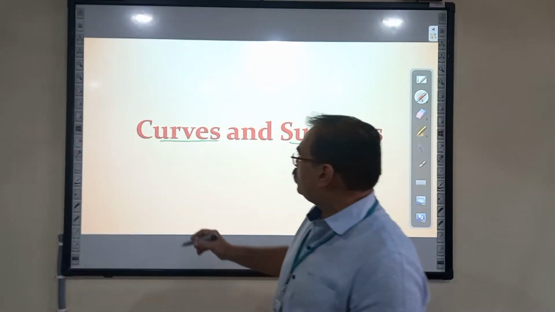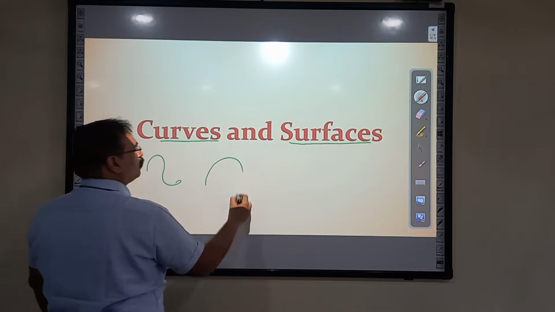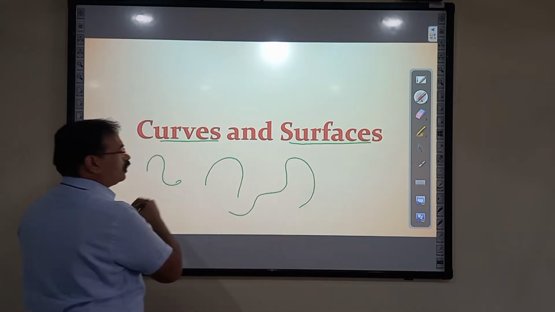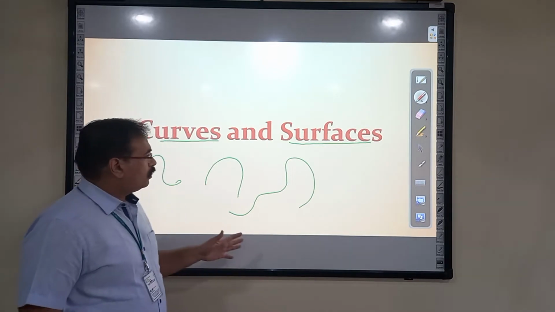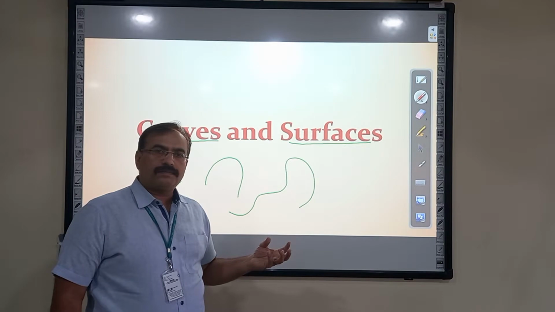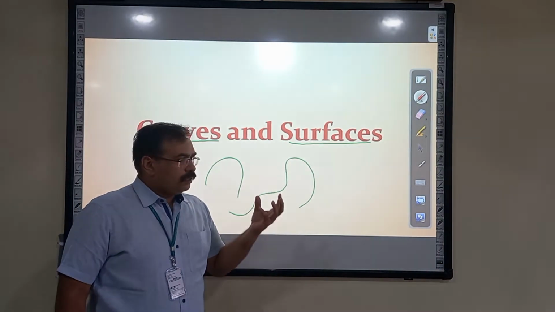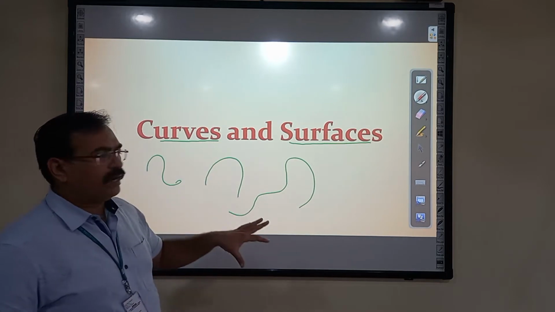Like any curve, the curve can be of any type. It can be of this type, it can be of this type, it can be of this type, anything can come out. So how to put these things into a proper equation is a difficult part, and that's what we are going to see, how to handle these kinds of things,